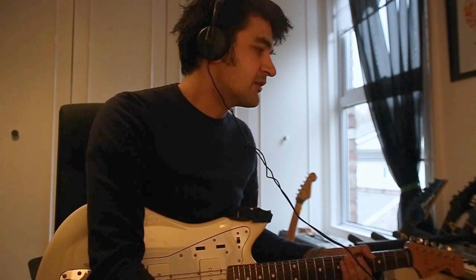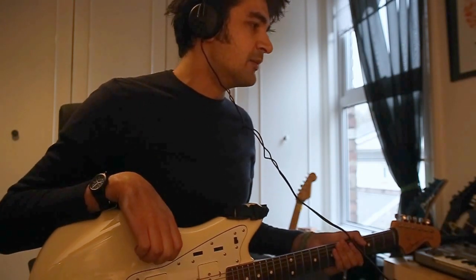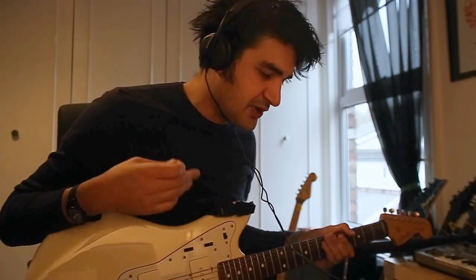It's a Chinese copy, and for very little money, if you're careful, you can buy a guitar which you can then mod into something a lot more impressive, and I'm going to be doing a short series on that and how I get on with that, as well as obviously doing first impressions before we get on to actually modifying it. But first, I thought I would go through some pedals I have lying around the house